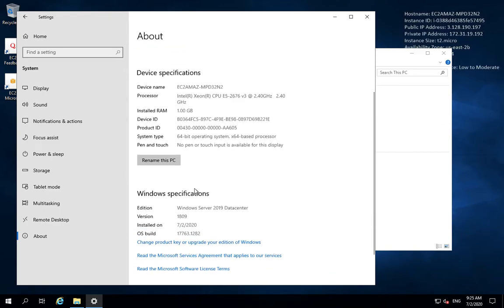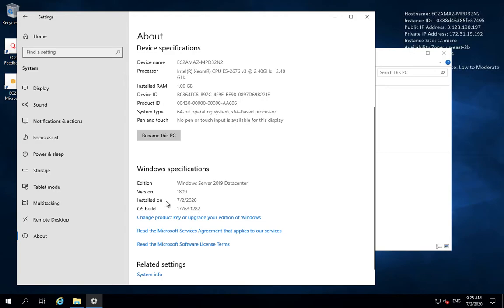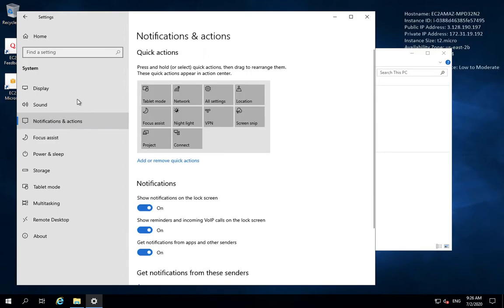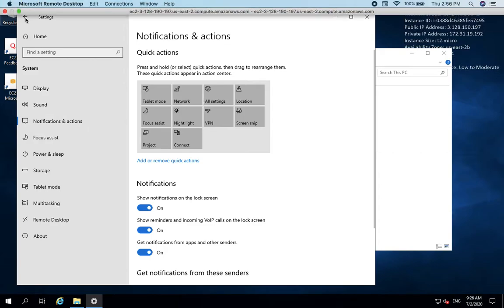The operating system build is this and installed on 7/2/2020. The version is 2019, the latest version of Windows we have. So you don't need to go and buy a new laptop for 30,000, 40,000 to get a new version of Windows. You can directly install it from the cloud. That is a very simple option.